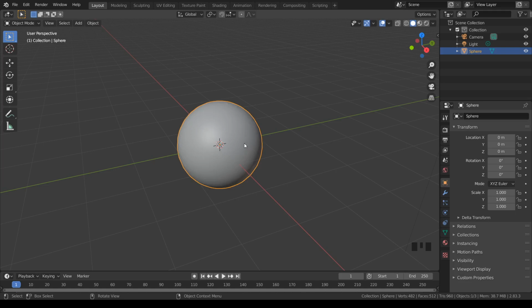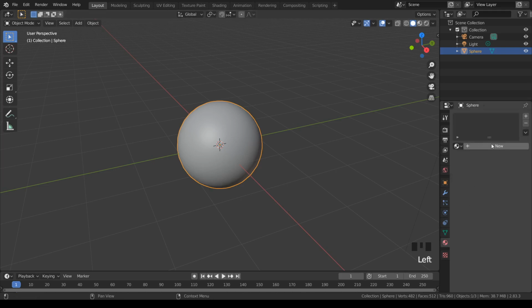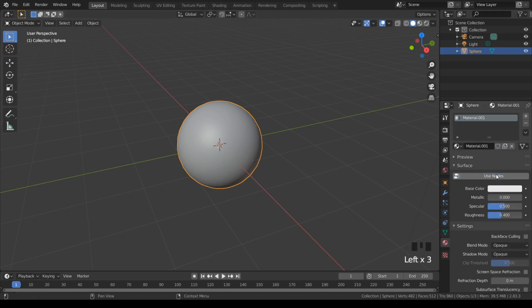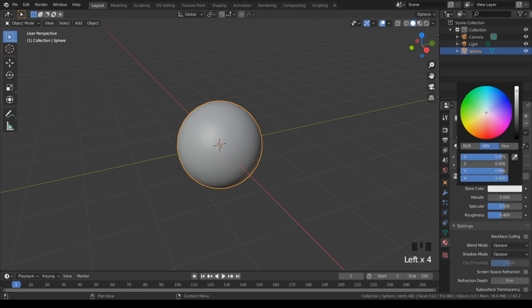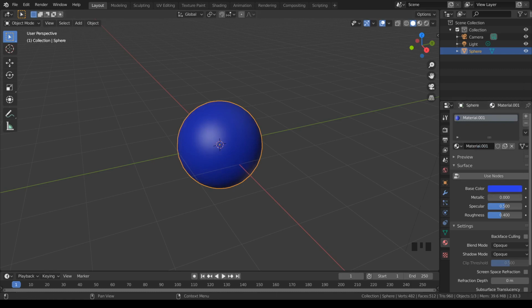Now let us add some effect to the object so that it looks realistic. In that case, I will go to my material and add new. Now I will disable this use nodes, click on this base color and make it any color which you like. Here I've made it blue. After that is done, let me give it a metallic effect. Yes, you can see that the object looks very realistic, like a ball. So once this is done, I've made a sphere, given it a smooth texture, and given it color. Now let me animate this object to move around the given space.